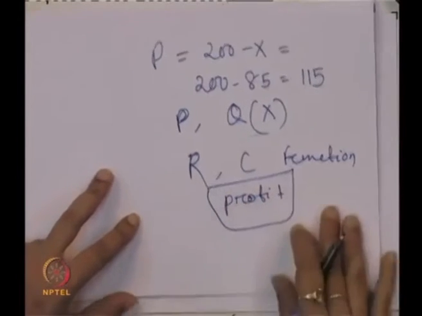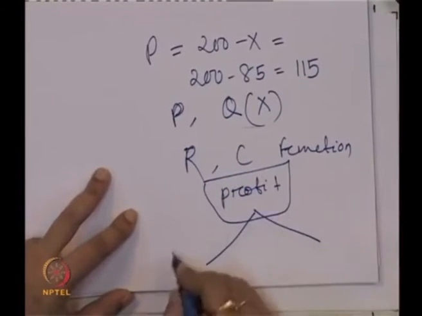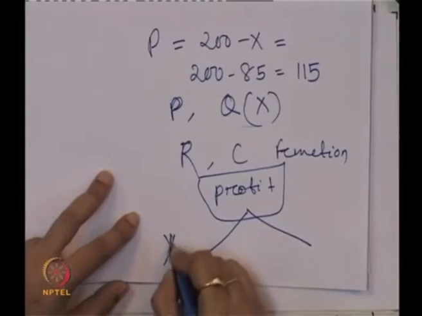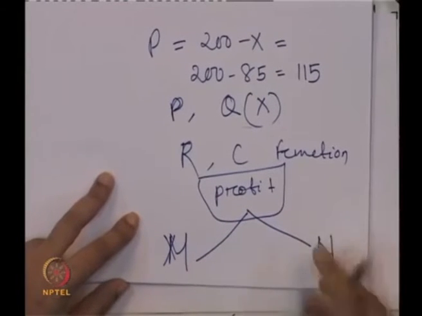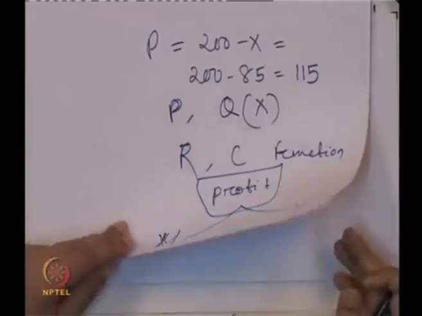And please remember, this profit is from both the plants, that is plant M and plant N, because all the output gets segregated between both the plants to produce. But when it comes to the firm, the finished good always has the same price, and the revenue goes to the firm, which is also the same, irrespective of whether it is produced in plant M or in plant N.